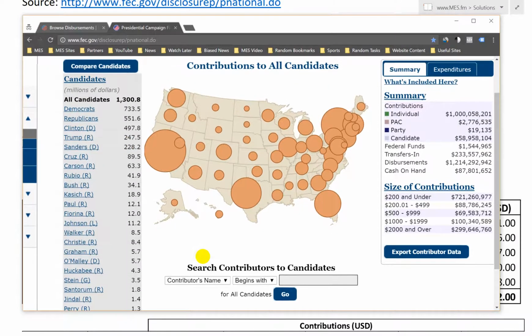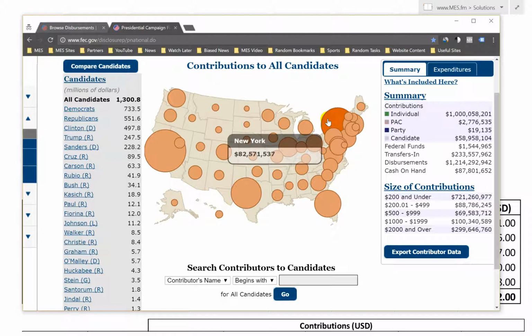And here it shows you by state. So you see California, $137 million raised from there. This one's New York. I think this is a bit off. This is actually the highest one. When you click into it, I'll explain that later. So Florida, 52. This one's 69, and these other smaller ones. You have this one, this is about